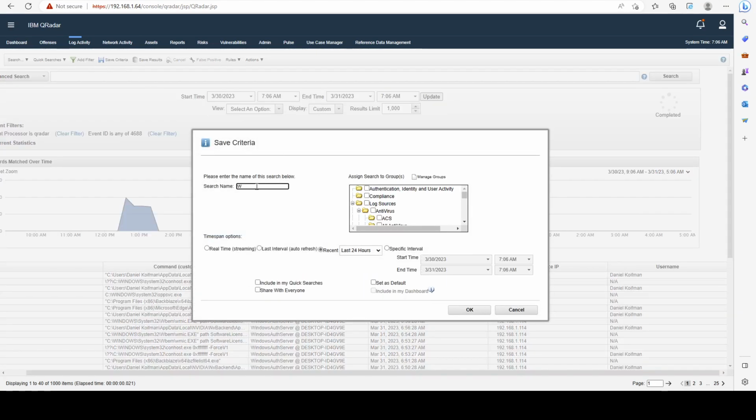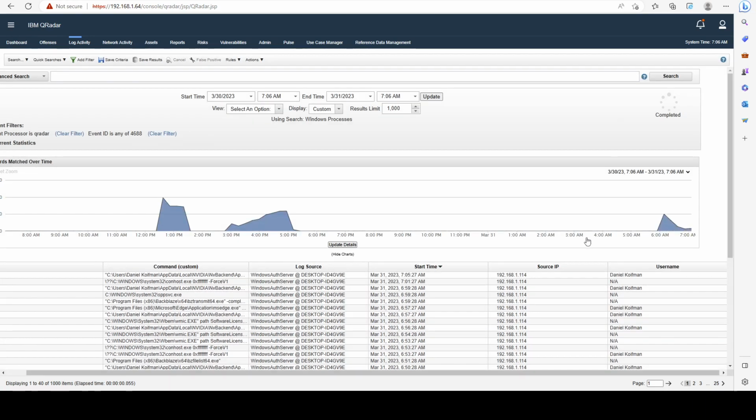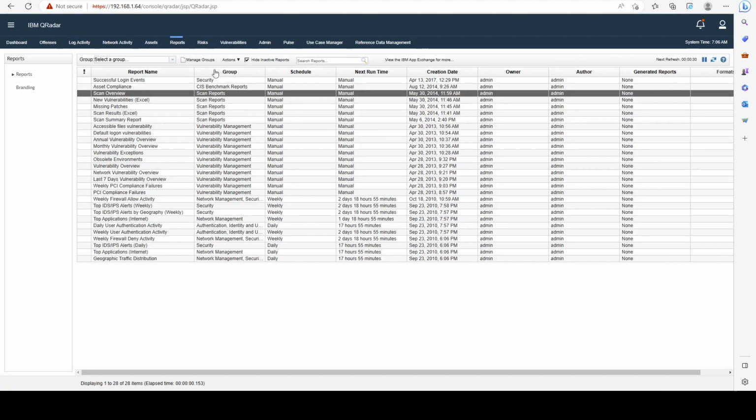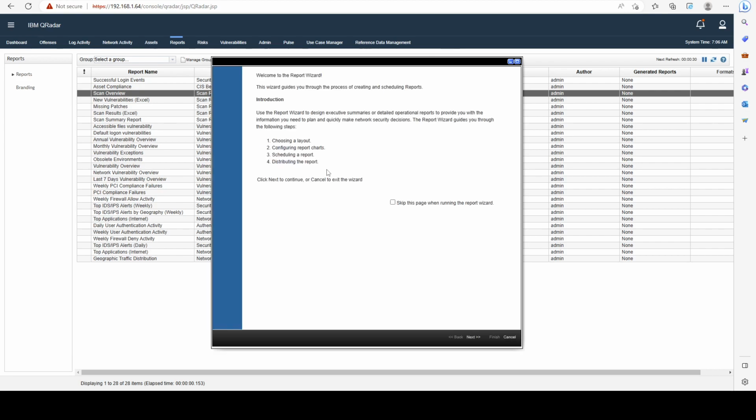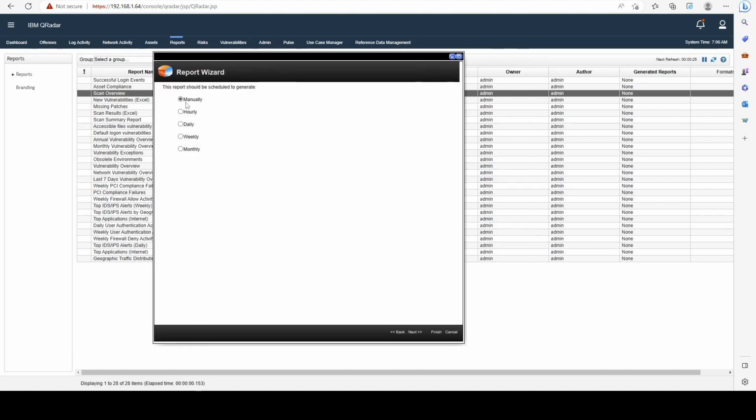Call it Windows Processes. I'm going to copy that. And now when I go to reports, let's go ahead and create a new one. All right, let's create a report. Skip the page. And in here, I can do a manual